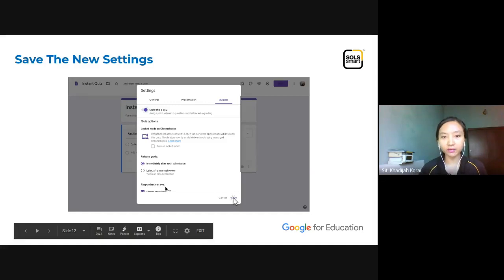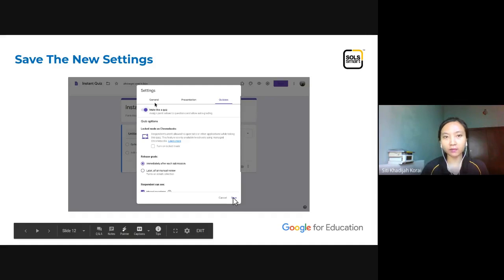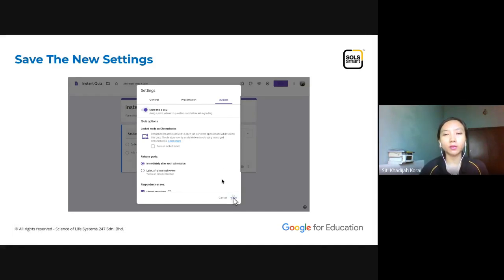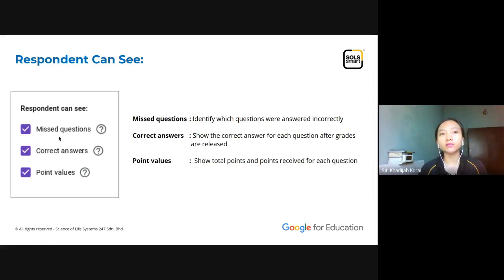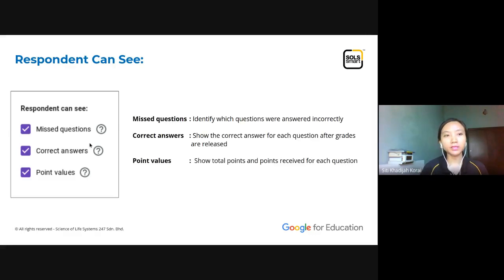Okay, so they have three options. If you just go down a bit from quizzes, after you enable it, you just go down a bit. Here they have the option of what the respondent can see. So they have three. Either the respondent can see missed questions, meaning if the respondent answers incorrectly, they can view which question is